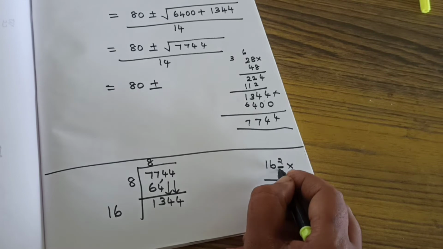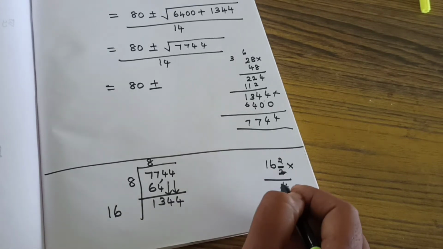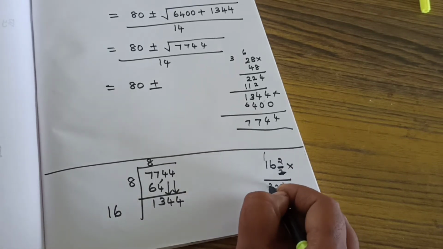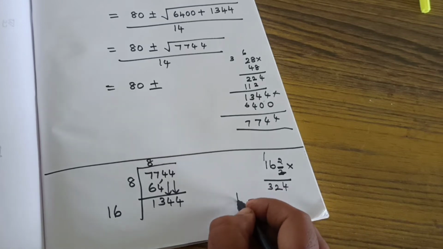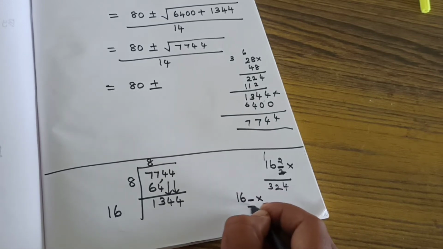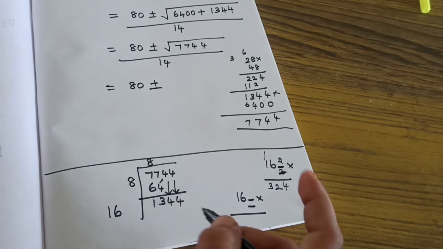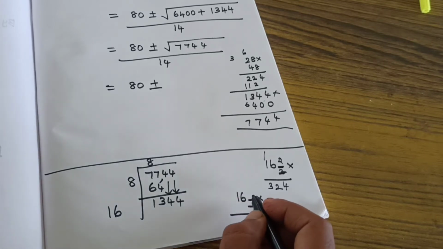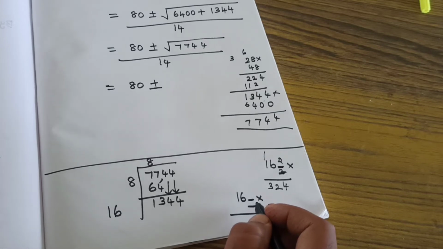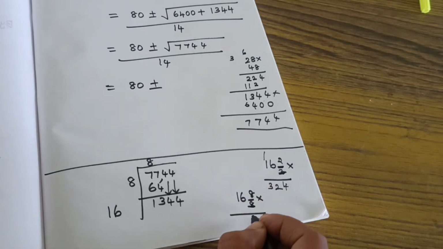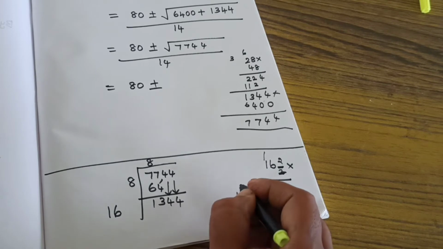We can check it for 2. 2 2s are 4. 6 2s are 12. And here, no, very small value. Then check for another square number. The same number only you need to put. Here the ending is 4, so the ending square number you need to check. Then which number will come correct? 8 8s are 64, ending in 4. We can check for that.